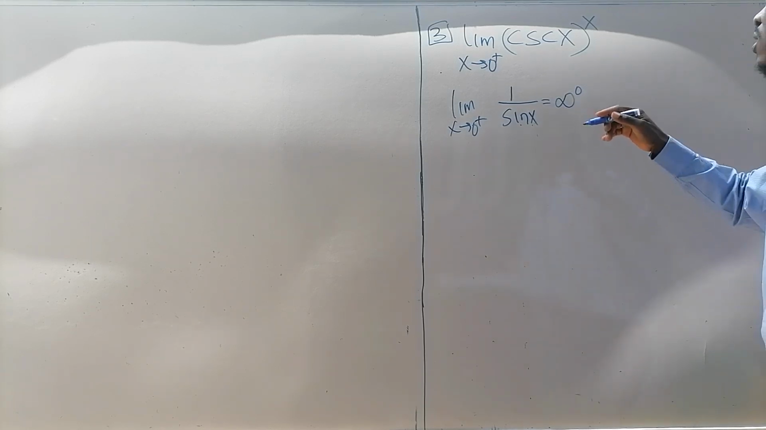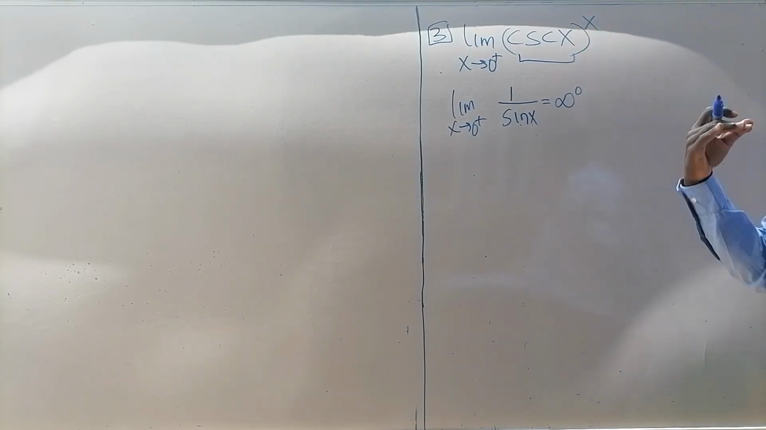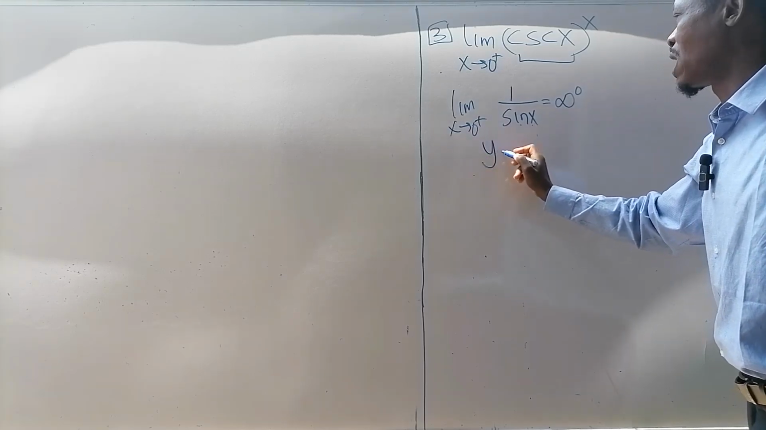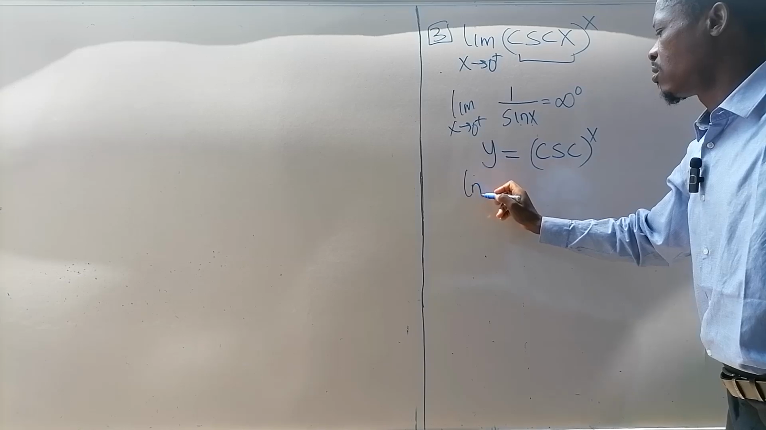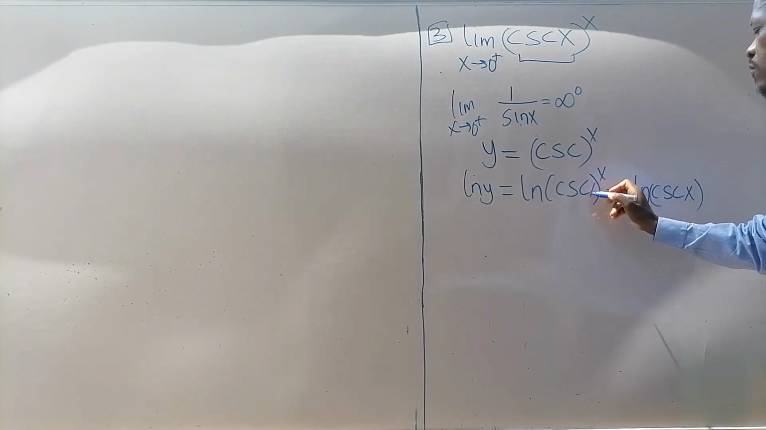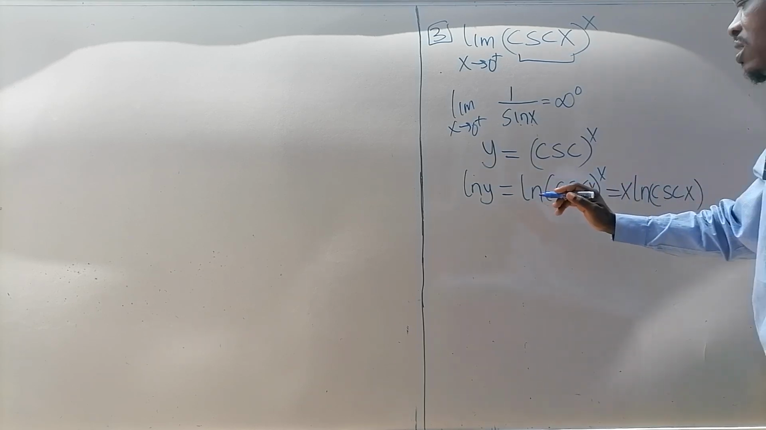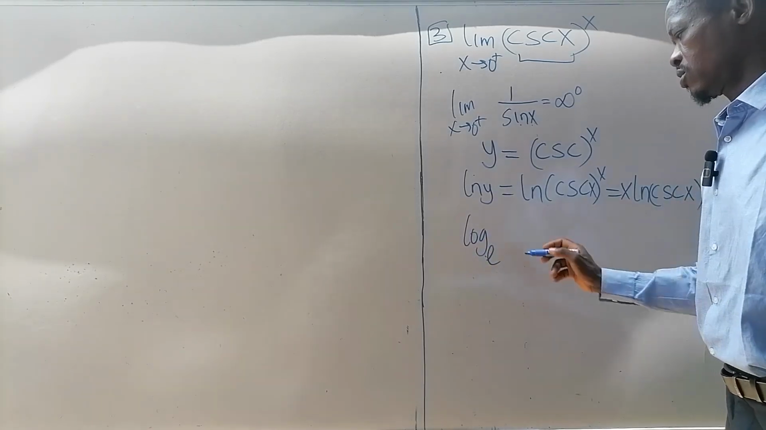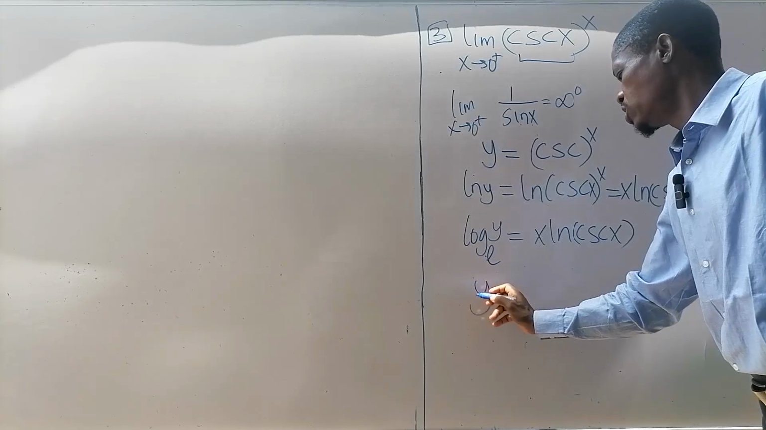So in that case now, that calls for us to try to write this one in exponential form. Let y be equal to this. Then you can take the natural logarithm of both sides. Don't forget your function here. So that's what we have now. This logarithm is the same as logarithm to base e of y, equal to this. So then y will be equal to